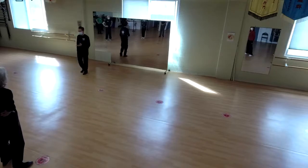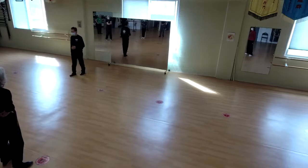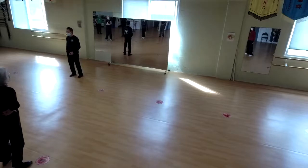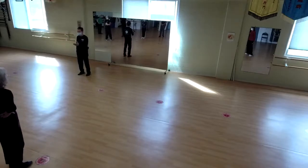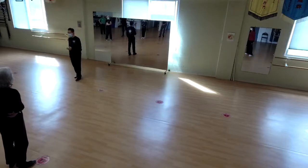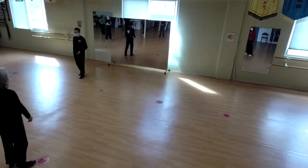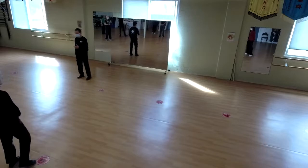Because after you learn the sequence, what you have to do is go back and solidify it, get that into your subconscious behavior, and also get that into the body. But then, while you're going through the sequence, you can define the postures and work the postures, and each posture can be drilled until your body can recognize it. So what does drilling and doing the warm-ups do? It actually gives you enough repetition with the movements so that your body will start to pick up on some of the nuances, which doesn't happen if you're not doing it often enough. So when we repeat movements, because we're creatures of habit, you have to do it over and over again until